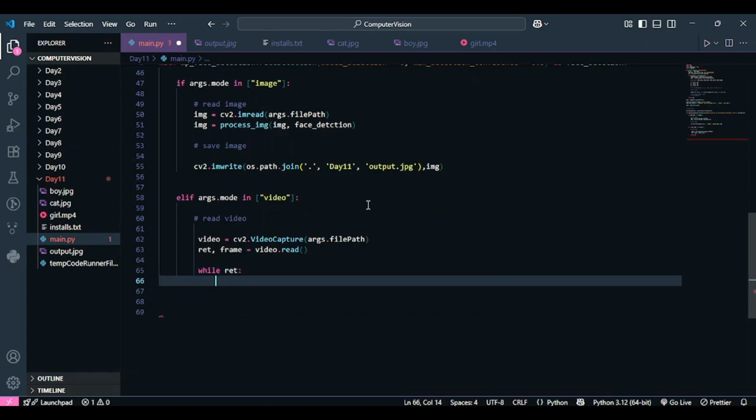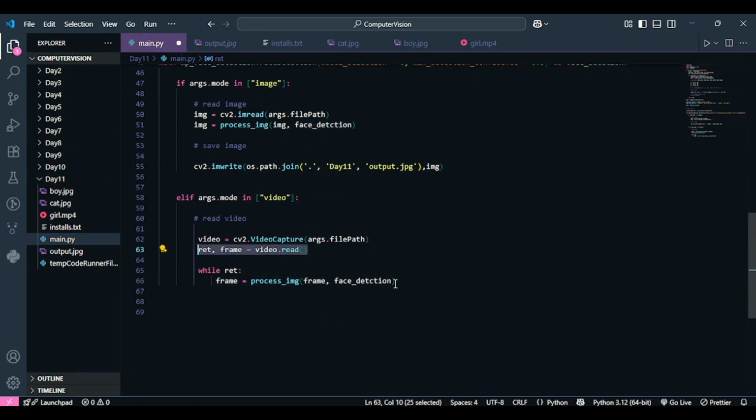While ret, the first thing that I'll do is process that frame. Just like I processed my image, I'm going to process my frame, but instead of writing image over here, I'm going to write frame, because I want to process that frame. And then I'm going to read the next frame again.